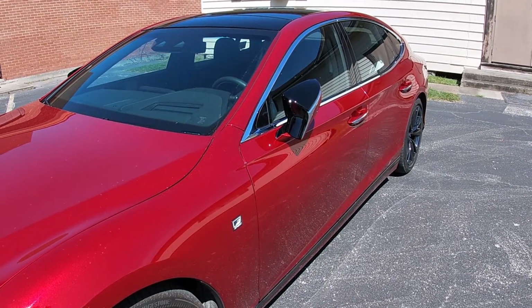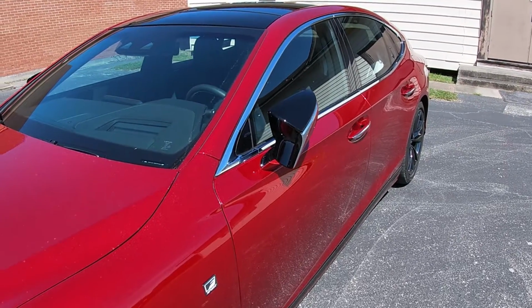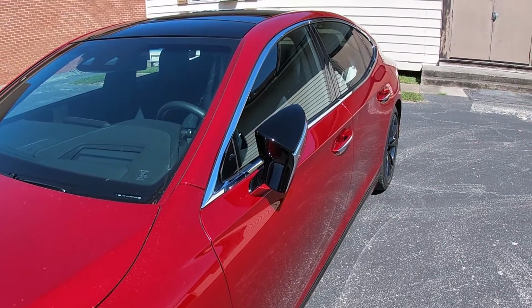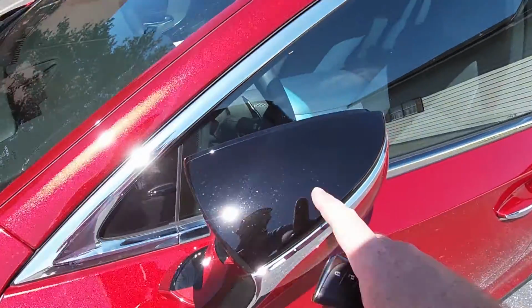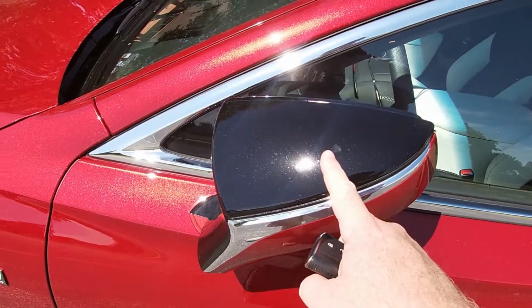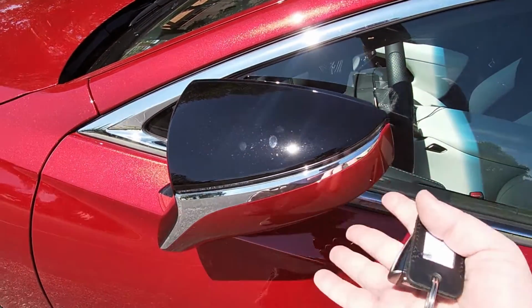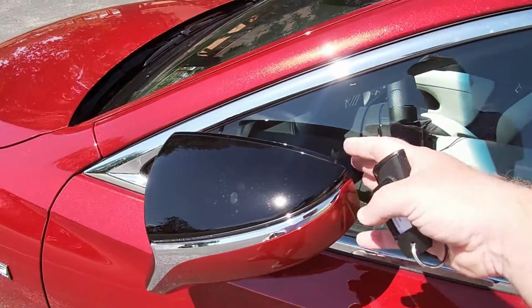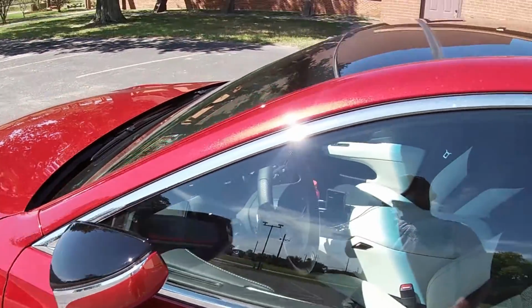Well, biggest is definitely the key word here, because again, it goes back to that options list. So many things on this car are an optional extra. It's ridiculous. I mean, look at the mirrors, for example. Two-tone, you got body color on the bottom, you got gloss black on the top, chrome, you got the LED turn signal in here. As you can see, they're also power folding. They come equipped with blind spot monitoring with rear cross traffic alert,